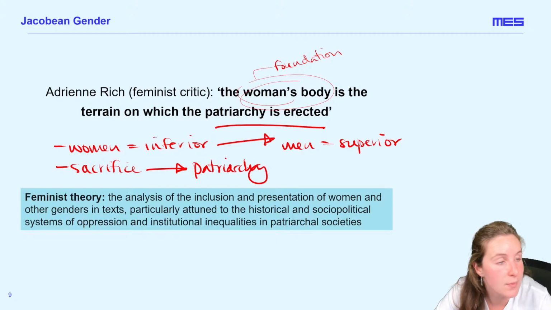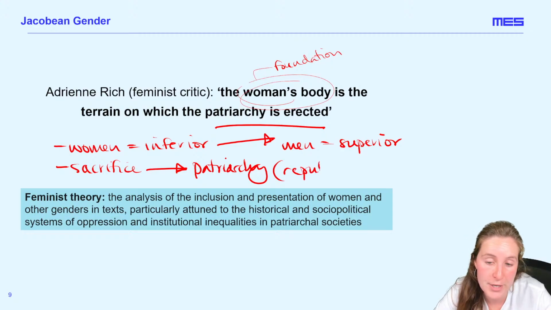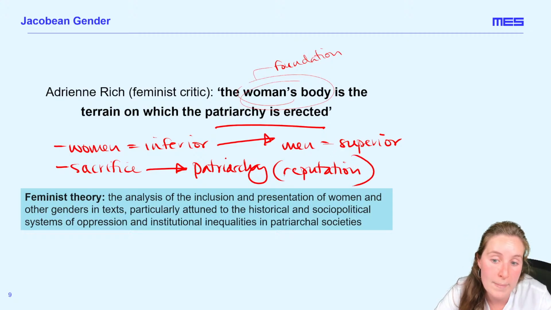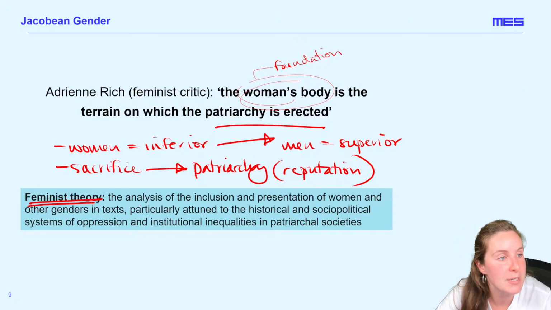And we could see this, right? Othello sacrifices Desdemona for his reputation. Iago sacrifices Emilia in order to preserve his lie. If reputation is fundamental to masculinity, then we're thinking of women being killed to preserve reputation as the logic of patriarchy. If we're looking this way, we're thinking about feminist theory, which is looking at the inclusion and presentation of